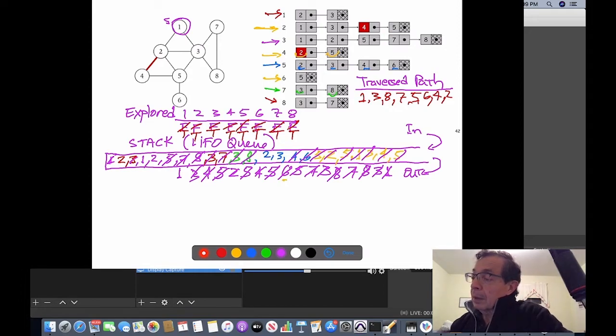and then explored of 1, we see that it is true, so we need to skip it, and we pop the next one out, which is number 3, and in fact we'll find that 3 is also true because it has been explored already, so we need to skip, and we keep popping the next one, which is 2, and explored of 2 is also true, so we need to skip that one too, and pop the next one